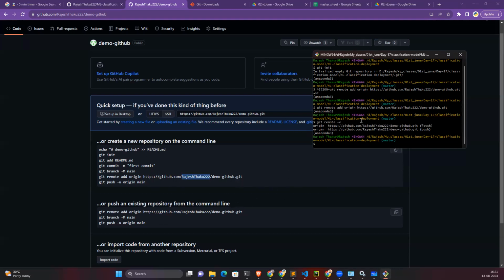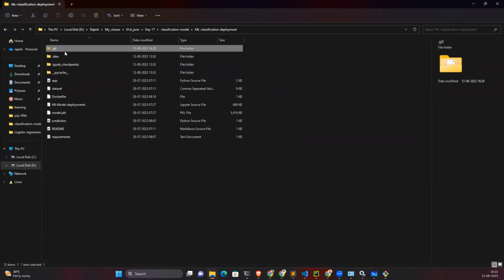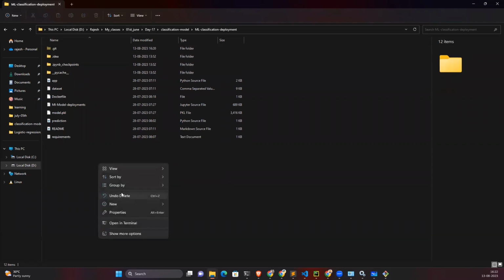Now next, we have to add all those files, these files, .git, .idea, these things, to be inside your .git. Your local system is your local repository, and this repository has to know what files have to be pushed, right? Then I want to create one more file, which is called the .gitignore file. Okay, leave that, I will talk about it later, but as of now just try to understand this much.